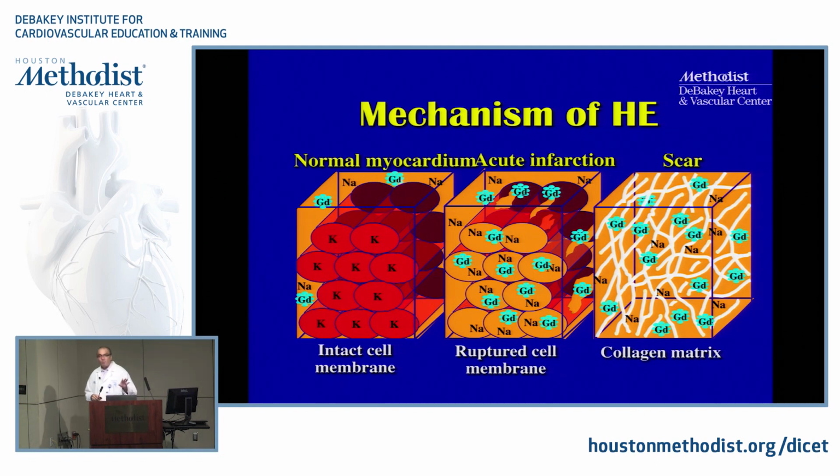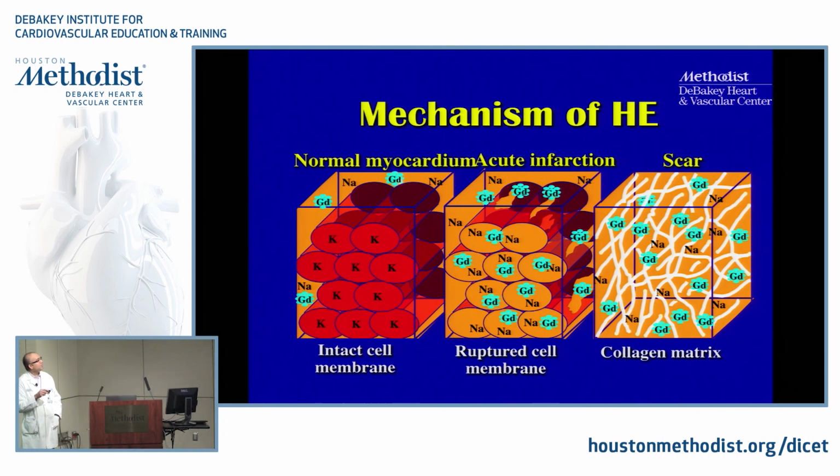Now, the other thing though, what I've showed you up till now, whether it's the standard delayed enhancement or this dark blood delayed enhancement, these are all techniques that work on the principle of what we call a relative enhancement. So you identify an area of normal myocardium, and then you see areas that show more contrast uptake than an area of normal myocardium. And the reason that this works, both in the setting of acute infarct as well as in the setting of chronic MI or non-ischemic scar, is the fact that the underlying pathophysiology is based on the